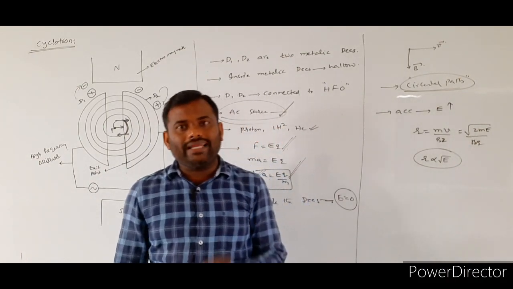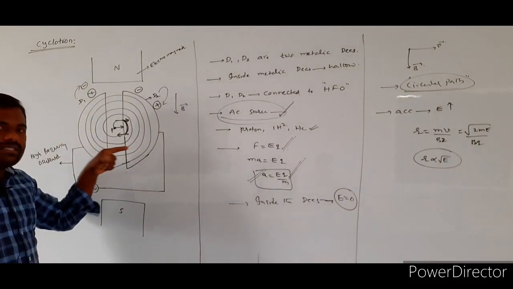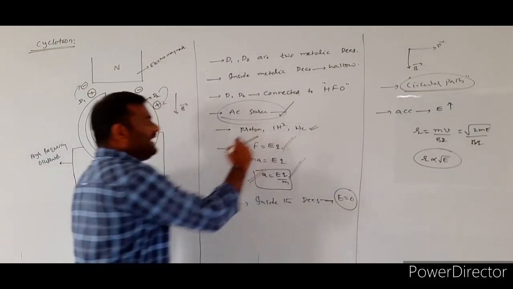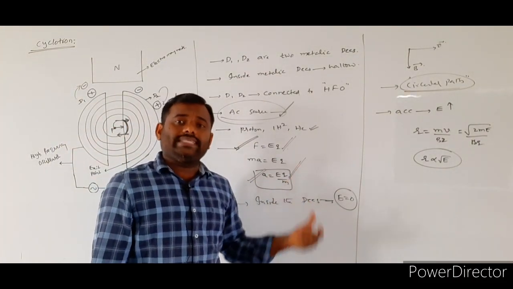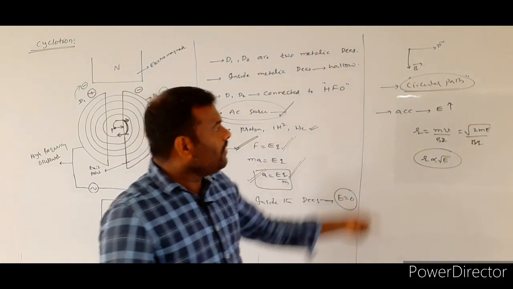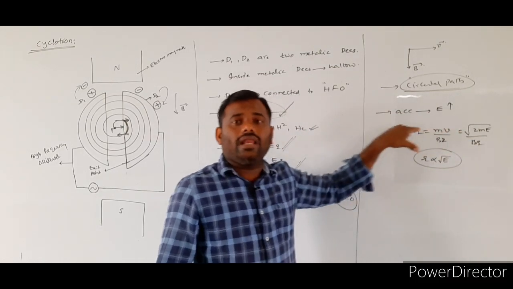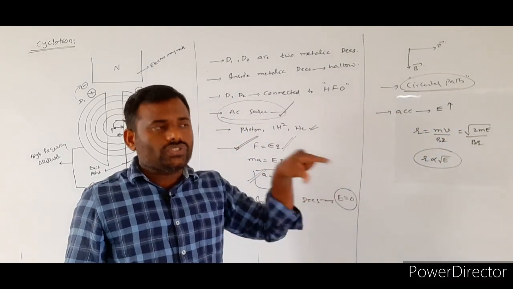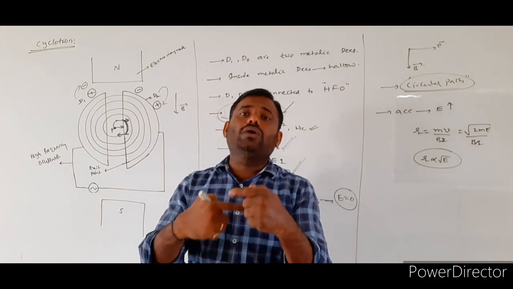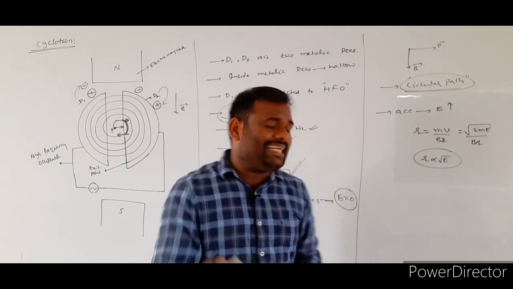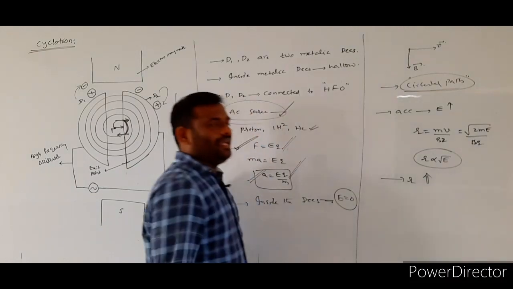That point we have to remember in the case of the cyclotron. Once again, whenever it comes to D1, because it is attracted by the electric field, the charged particle will be accelerated once again. Once it is accelerated, energy will increase. If the energy increases, the radius also increases. So whatever the application we told up to now, this process goes on continuously. As a result, the radius value will continuously increase.